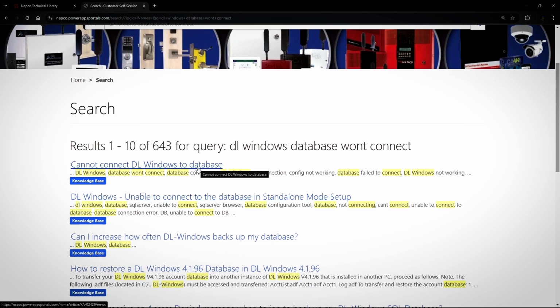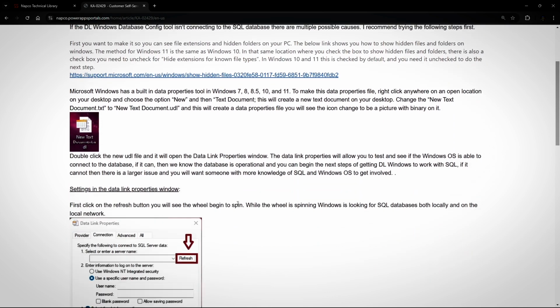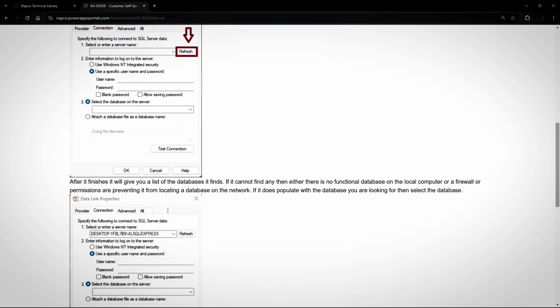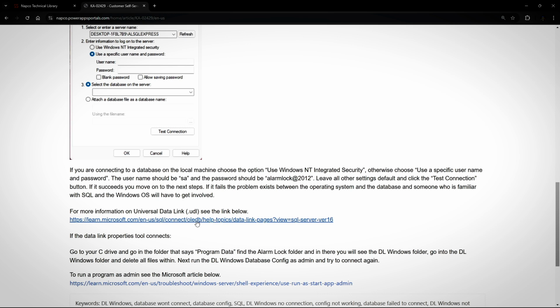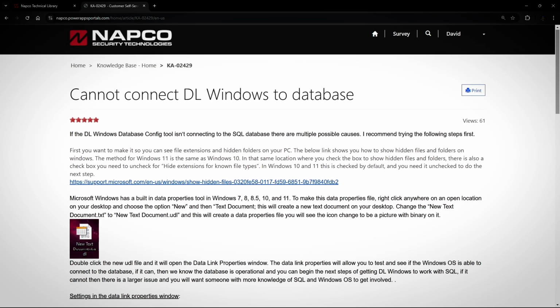So I will click on this, and it has an explanation for the potential causes as well as some troubleshooting tips and some links to Microsoft for more information on how to do the suggested troubleshooting steps on the Windows operating system. What if you wanted to figure out how to program the inputs on the Starlink radios for reporting